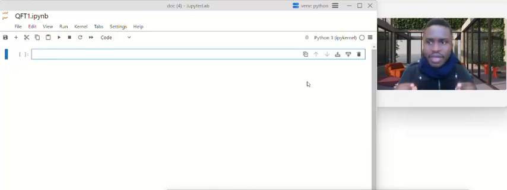If we want to implement the quantum Fourier transform of a single qubit problem in Qiskit, we just need to open our Jupyter Lab or notebook in Qiskit, just like you can see here on my screen. And to start, we first need to import from the Qiskit library some packages that are required to implement a